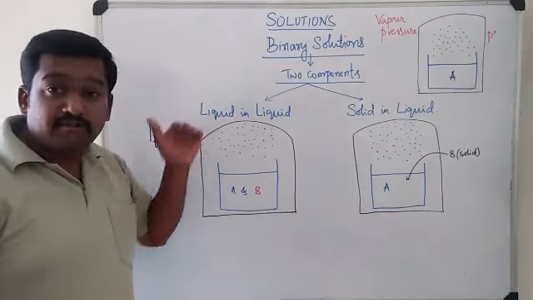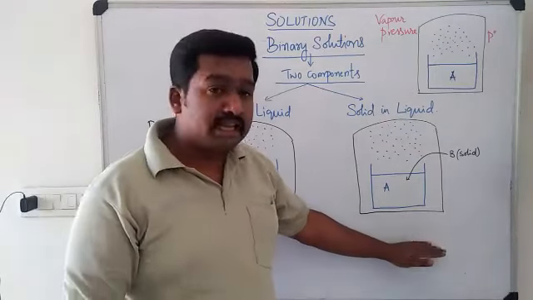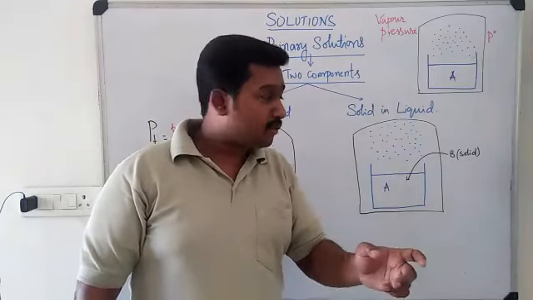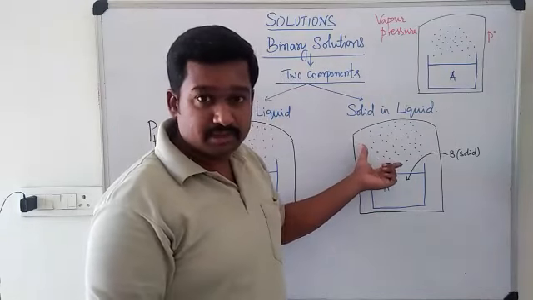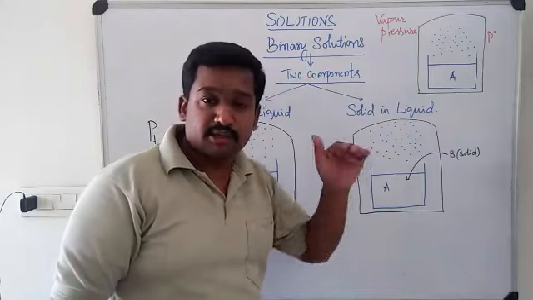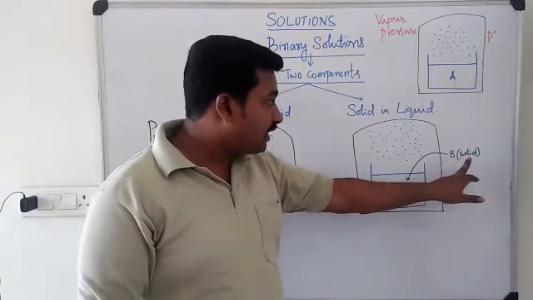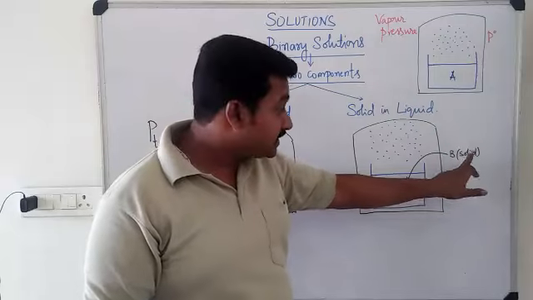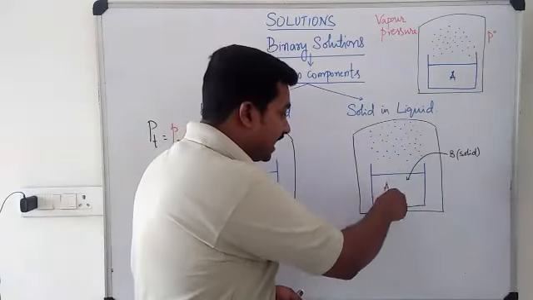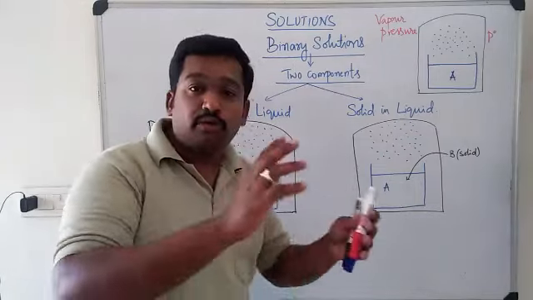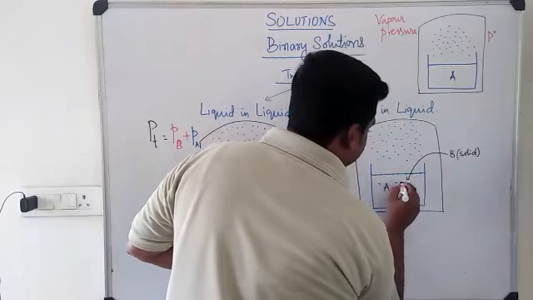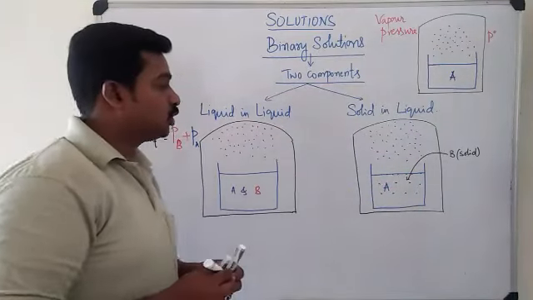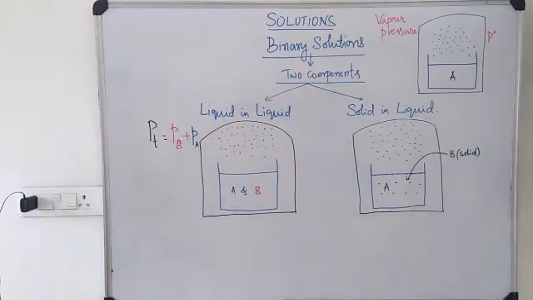So this is the case of liquid in liquid. In case of solid in liquid, this is a different case where A is the only liquid which is volatile, which evaporates and forms the vapors. They exert a pressure on the solution, solvent. To this solvent, if I add a solid B, since this is a solid, it dissolves in A and distributes uniformly throughout the bulk, like this. So the particles of B have dispersed throughout the medium A as well as at the surface.